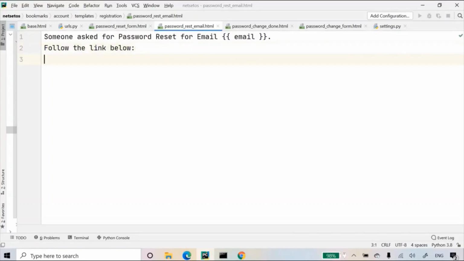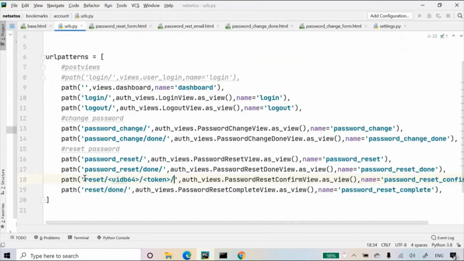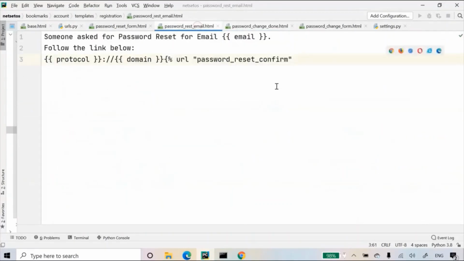Give colon over here, and here I need to give the protocol colon // and the domain, and here I need to give the URL link password_reset_confirm, and here I'll take the same token which I have submitted for this. So here I'll write after space uidb64=uid token=token,